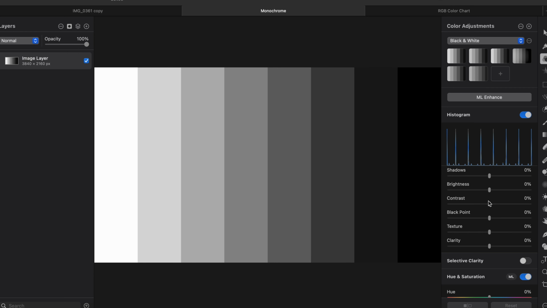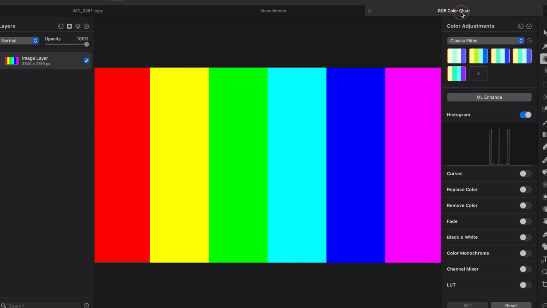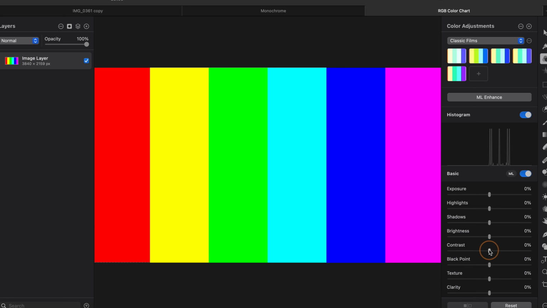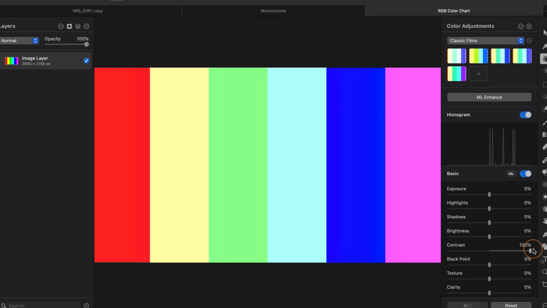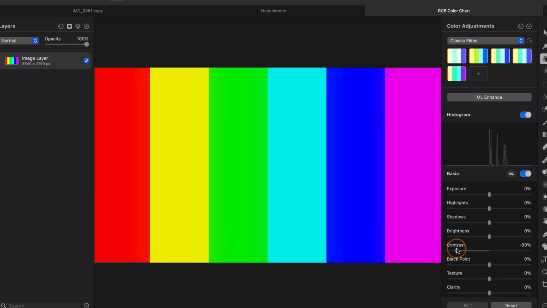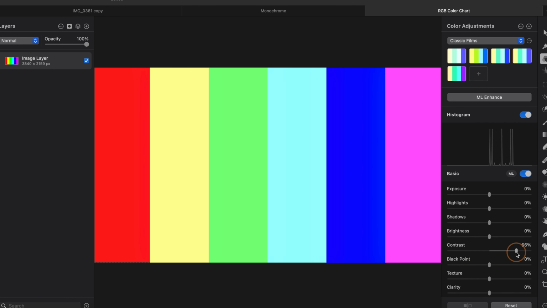Okay, now the other thing I want to talk about with contrast very briefly is something to be aware of, is this. When I move my contrast slider, it's altering the colours. Yeah, so I increase my contrast, the colours become slightly more pastel. If I decrease the contrast, they become much more vivid and bright. Okay, now this is something you really need to watch out for